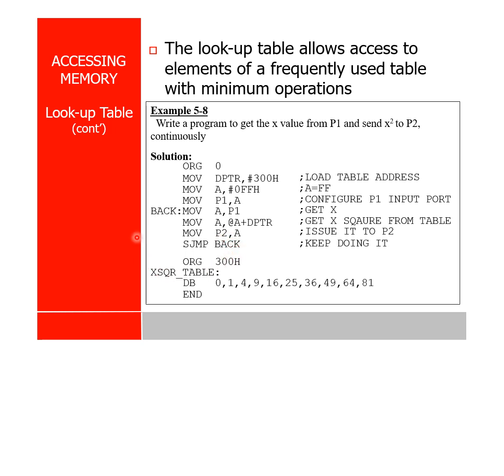Again short jump back. You are going here. Now P1 is 4 here. Suppose P1 is 4. Now A is 4. Now what is this one? 304. From 304 the data will be going to A. What is 304? 16. So 16 will be going to A. So it will take a number from 0 to 9 from P1 and the square will be available in P2. Okay. So this is known as a lookup table.